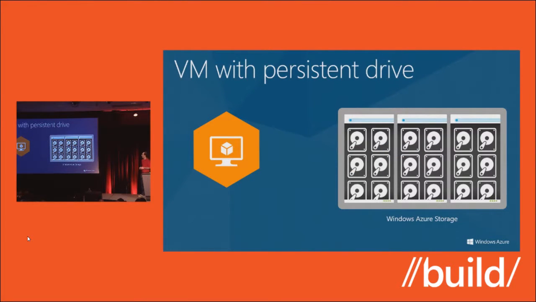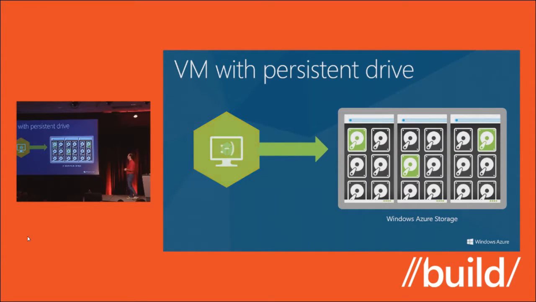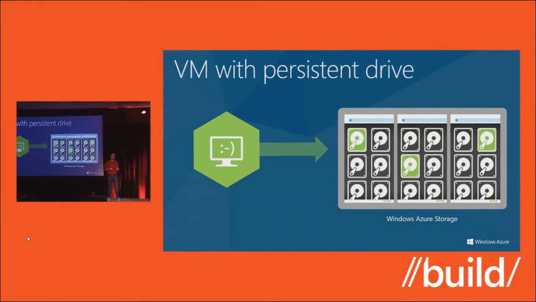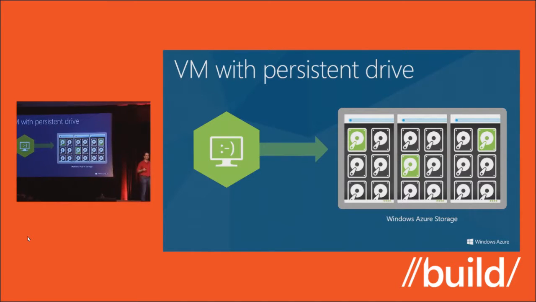Other cool thing about the way our VHDs work is instead of running them on local disks, we're actually backing them with what we call the Windows Azure storage system. Basically, the storage system is a cluster of machines that we virtualize to make it look like a single storage thing that you can mount and use. So when you attach that data disk like I did earlier, it's not going into the local drive. It's not even going into a single remote drive. Instead, it's going into our storage system, which is backing it with multiple physical drives.